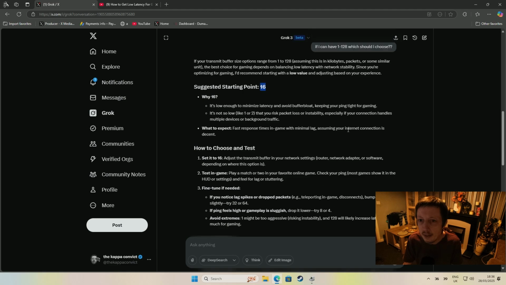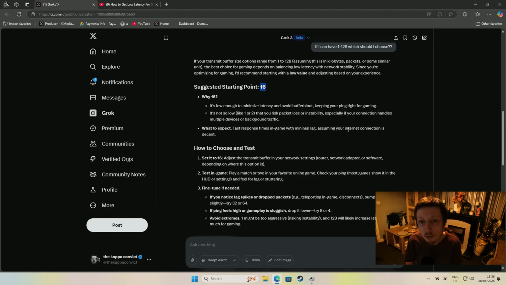Then I said here, again about transmit, if I can have between 1 and 128, which other people can't do on theirs at the moment, you can only go up in increments of 8. Again, I'll show you how to change it so you can go up in 1s and you can go down to 1 as well on any Realtek network card. Hopefully it'll work for other cards, but I've not used them unfortunately, so I can only go based on Realtek